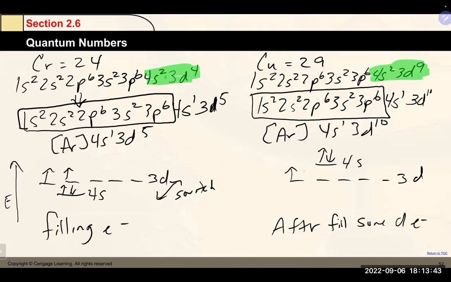So these guys are very close in energy to begin with. There's actually a switch in energy that occurs as you start filling the 3d orbitals with electrons. And that is why you will sometimes see people write electron configuration like 1s2, 2s2, 2p6, 3s2, 3p6, 3d5, 4s2,